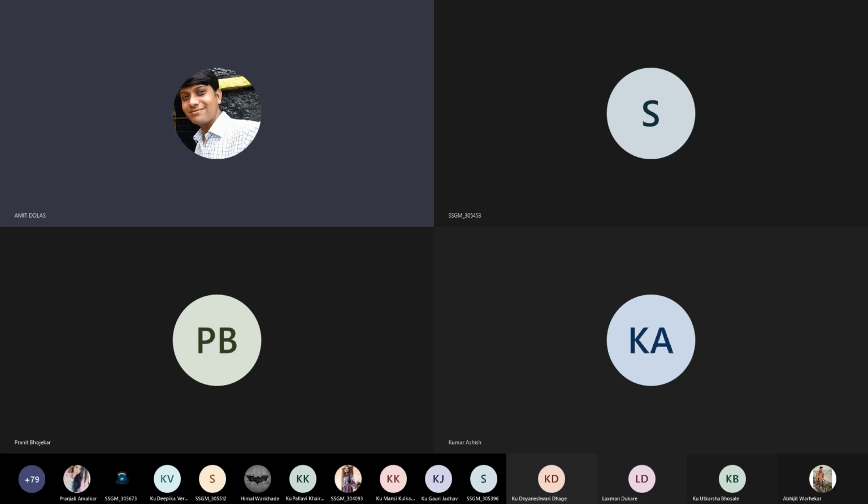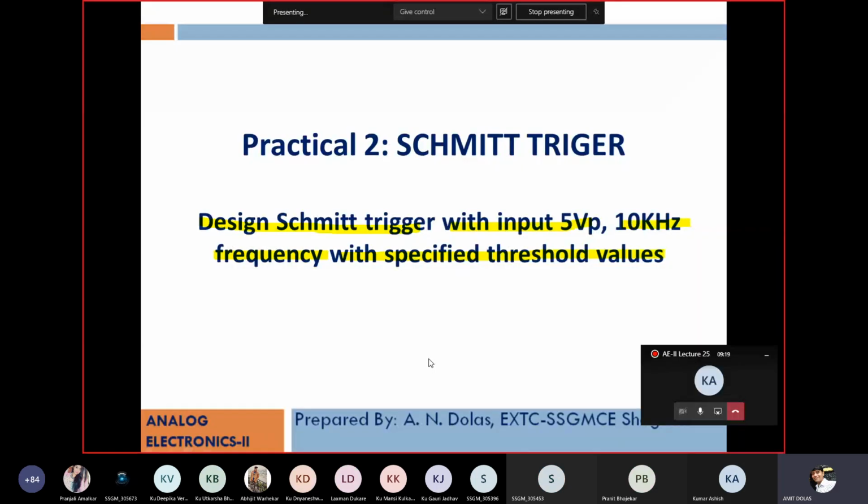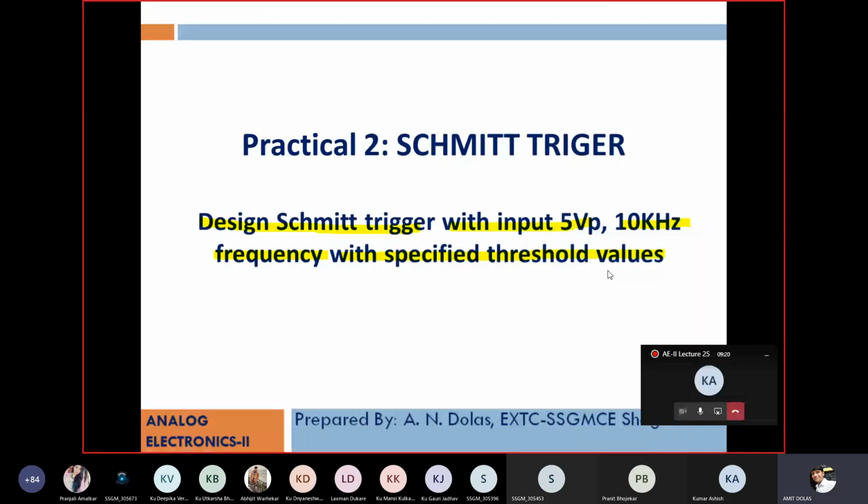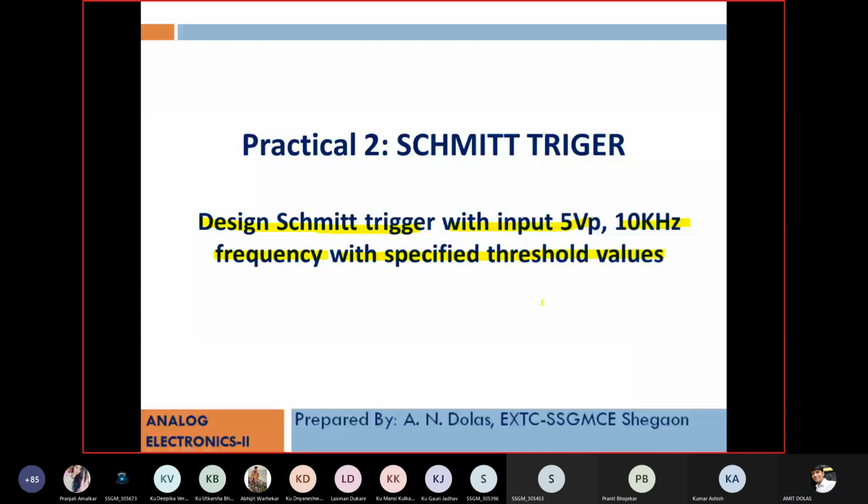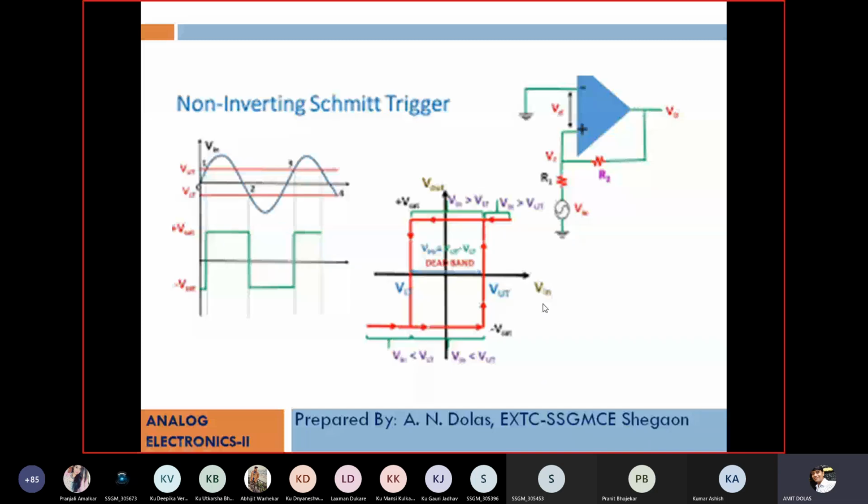So here is the Schmitt trigger circuit. It is somewhat blurred because I have picked it up from the internet.